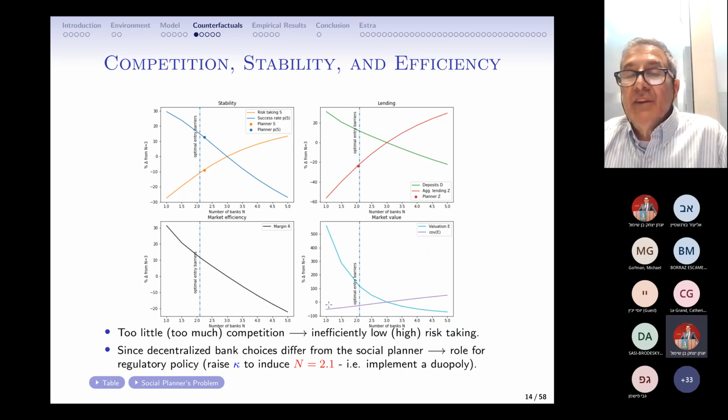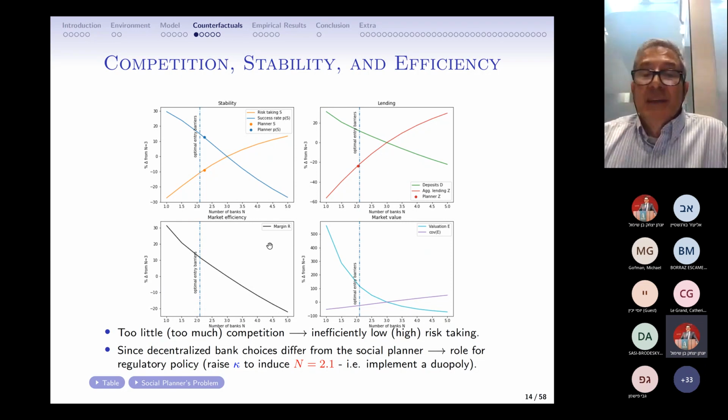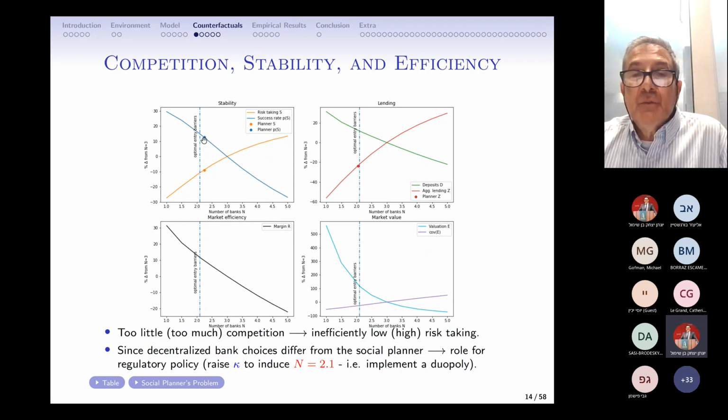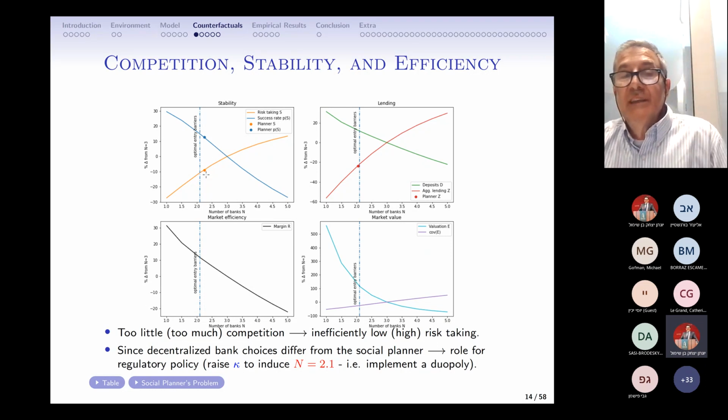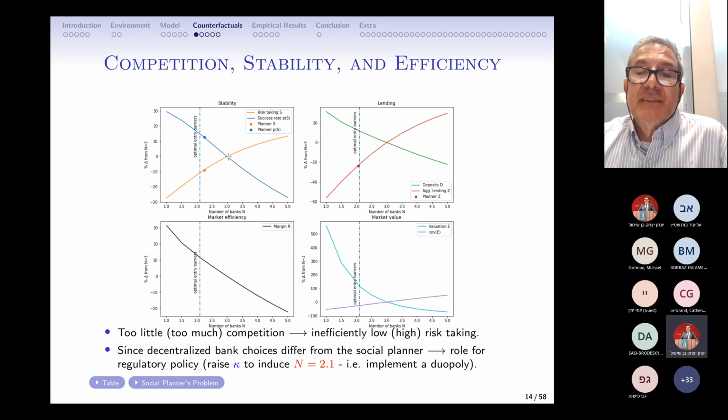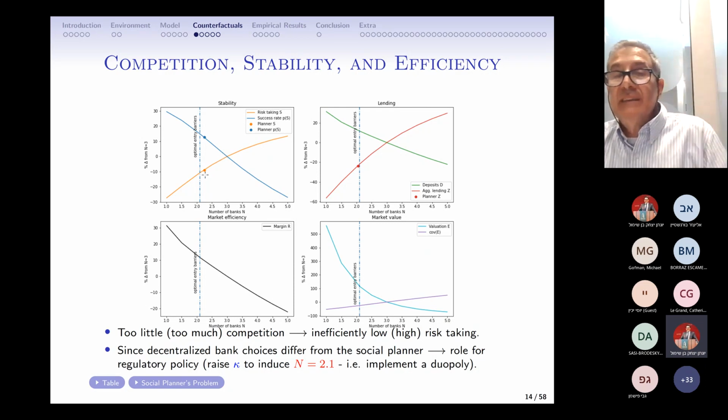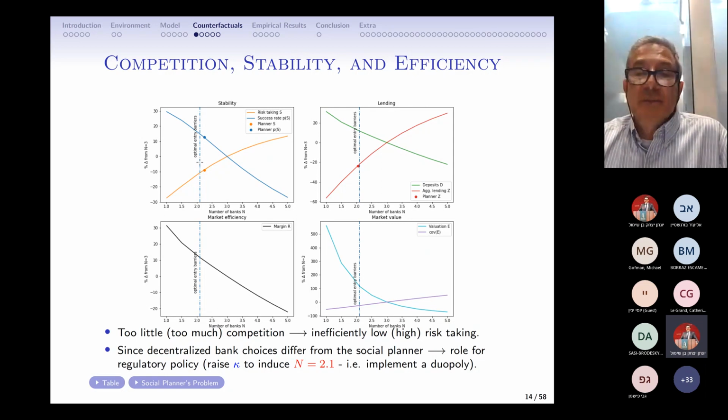And because monopolists are in some sense trying to guard their charter value, they're taking less risk. The variation in their returns is lower than the variation of returns in a more competitive environment. So what you get here is, if you were to solve the planner's problem, the policymaker's problem that we had, these two dots correspond to the planner solution. And this is saying that the planner in this economy would have chosen less risk-taking than the decentralized economy. And then what we did was we chose kappa to minimize that